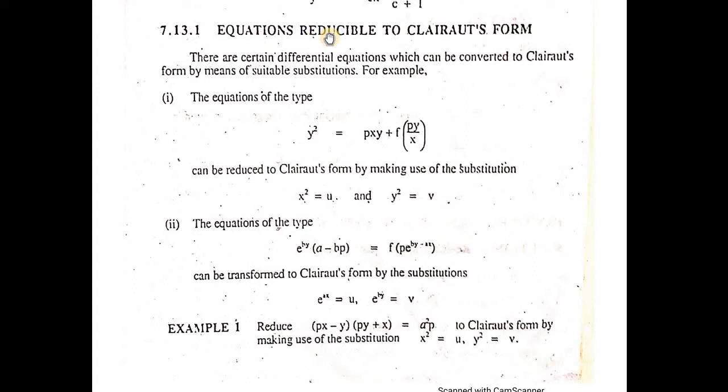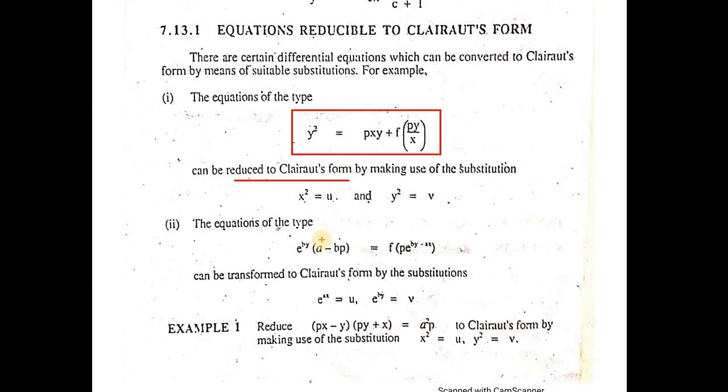Equations reducible to Clairaut's form. Now here we have to discuss those differential equations which are reducible to the Clairaut's form. There are certain differential equations which can be converted to Clairaut's form by means of suitable substitutions. For example, the equation of this type can be reduced to the Clairaut's form by